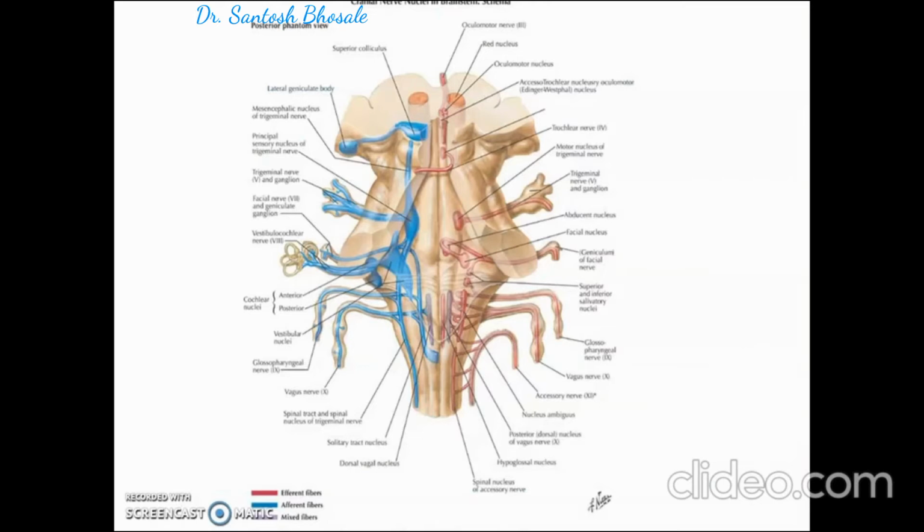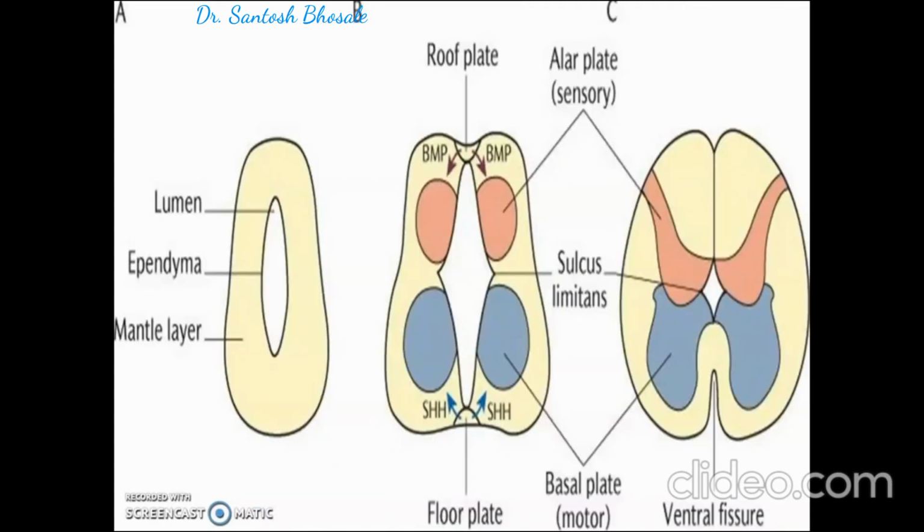Here is the representation of the nuclear masses. Right side you are seeing the motor nuclei, left side you are seeing sensory nuclei, how they are scattered among the white matter. That is the contrast from the spinal cord what you see. In spinal cord, the gray matter is organized into H-shaped area. And coming to the development, the entire nervous system developed from the primitive neural tube,